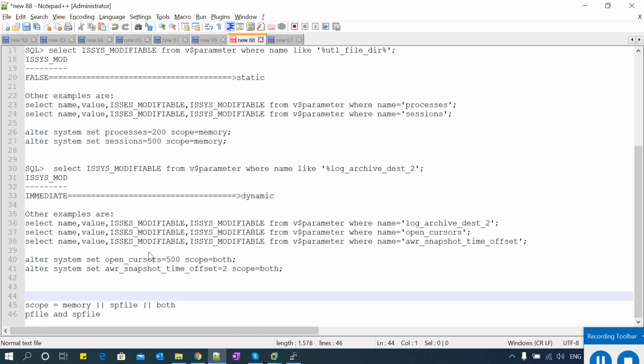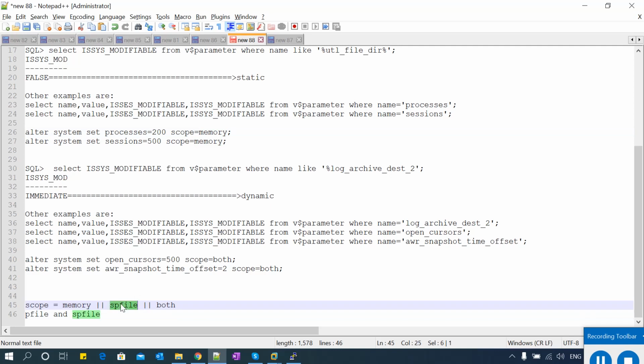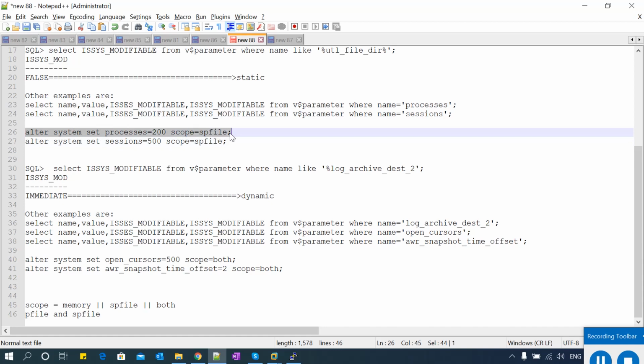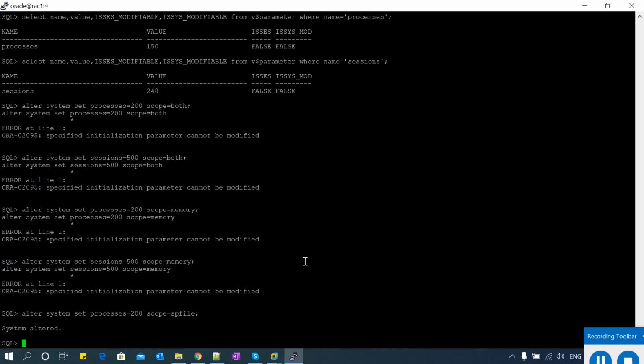Now I will try to change this one. It failed for both, it failed for memory, and now I'll change it for sp file. Alter system set processes equal to 200. See, system altered.